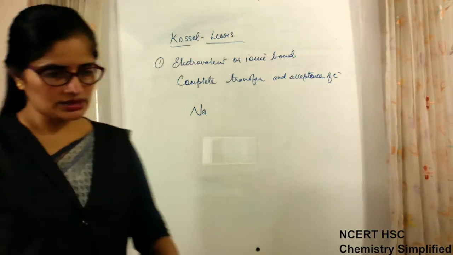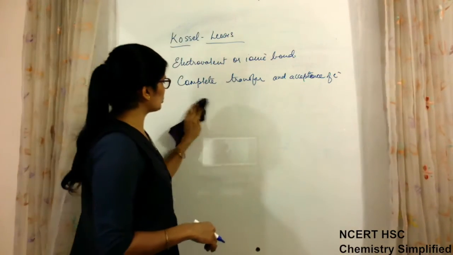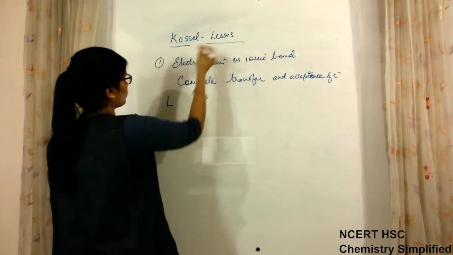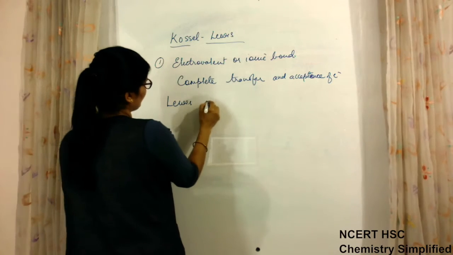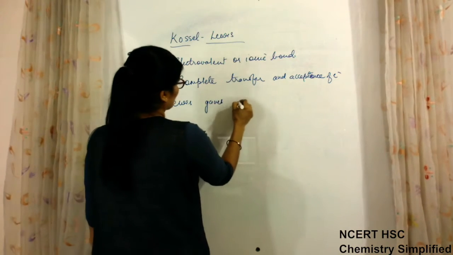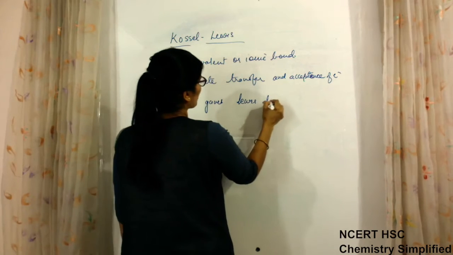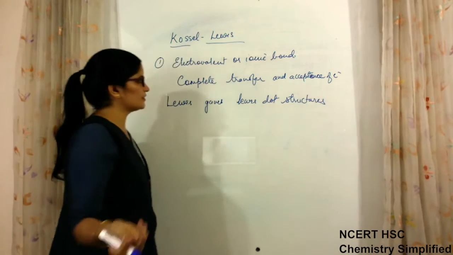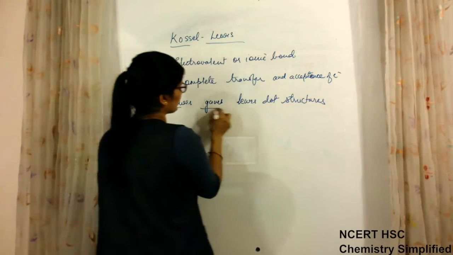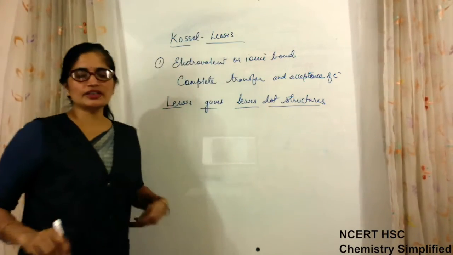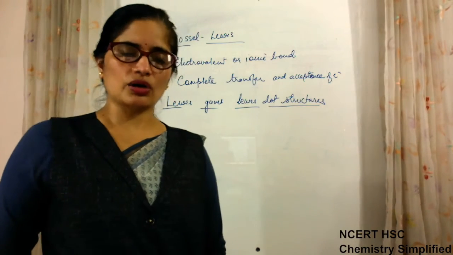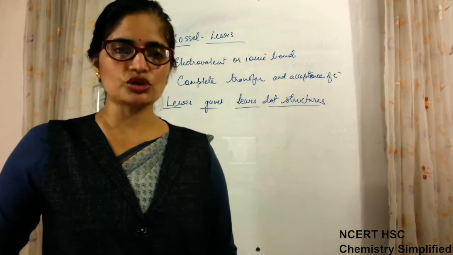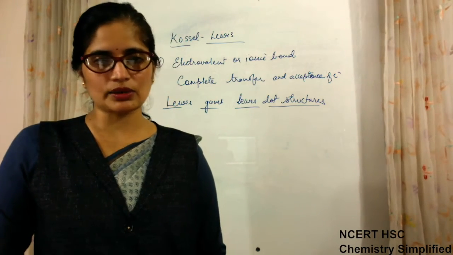Before this, when we start writing about the combination, out of the two scientists, Lewis gave Lewis dot structures, which again you have done in class 10, but still we will revise it. Lewis gave first the Lewis dot structures, in which dots or crosses both can be used, but because it is a dot structure, most of the time we use dots, but if you use crosses also, that is not wrong.